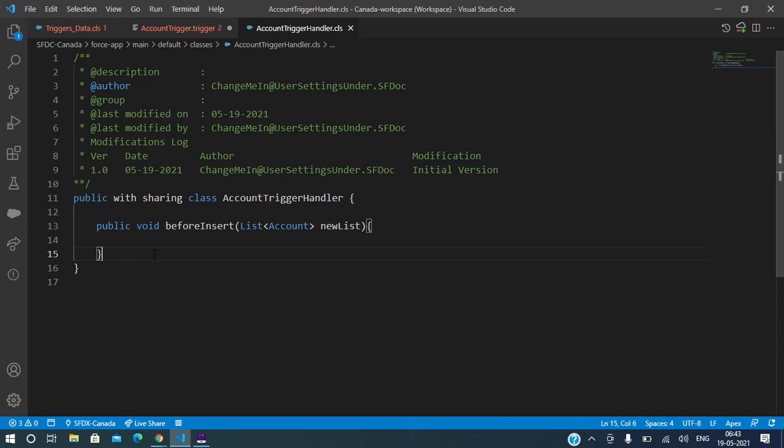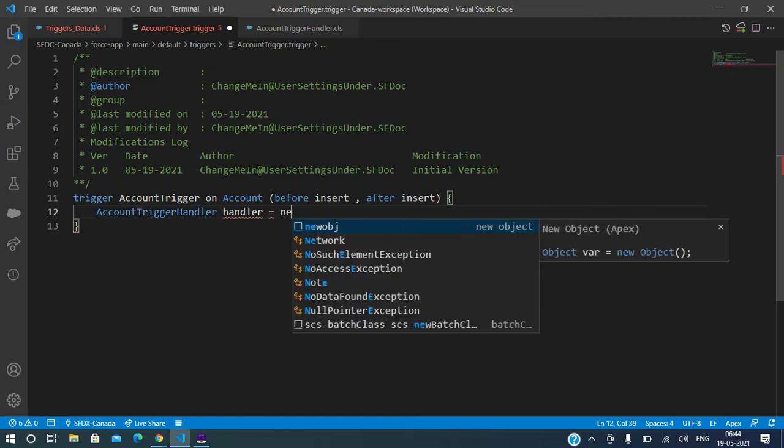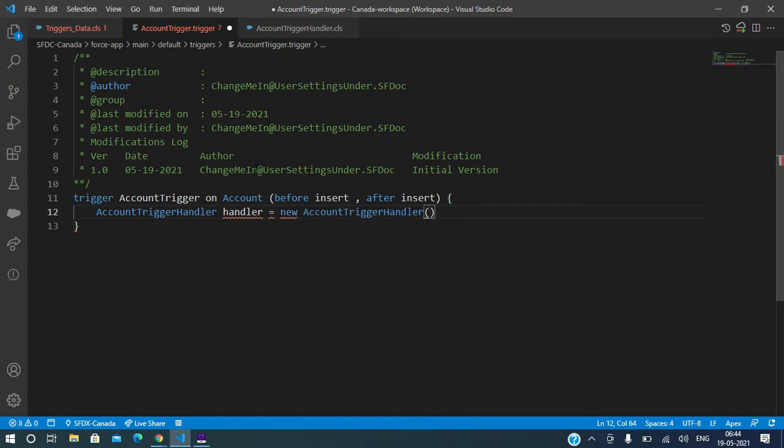Now, how to call your non-static methods? By its object name, right? Yes, I'm creating an object for the class. What is my object name here? Account. My object name is account.